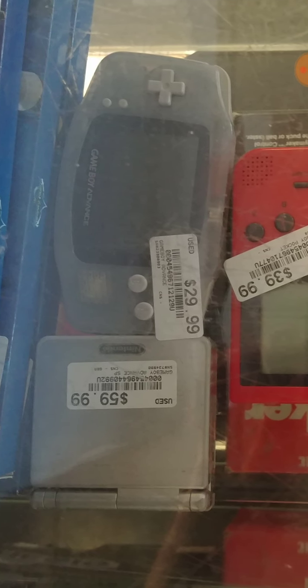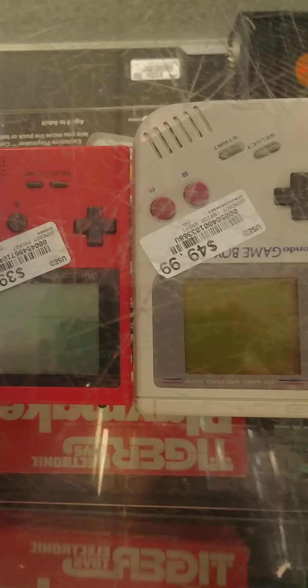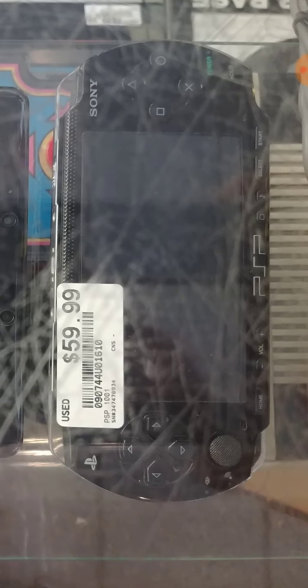Here's some Game Boys. They're upside down here. No Game Boy Color in there. There is now, but in this picture there isn't. And then in the next picture we've got DS Lite, 3DS, and a PSP. PSP has been hard to get a hold of. People mod those, and